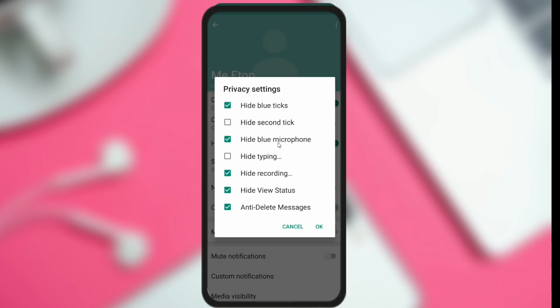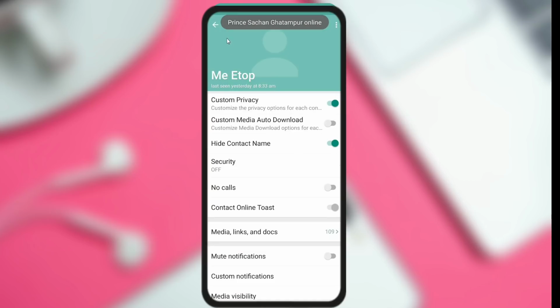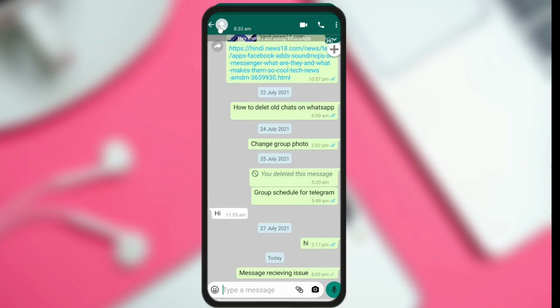If you apply it for all, then the messages will not be delivered timely, but if you apply this setting for a particular contact, then messages will be received and sent timely. So if you want to hide blue ticks or hide the second tick, you can enable it here. I recommend that you don't use these options, otherwise this problem is there, and a lot of viewers are making comments that they are not able to receive the messages.